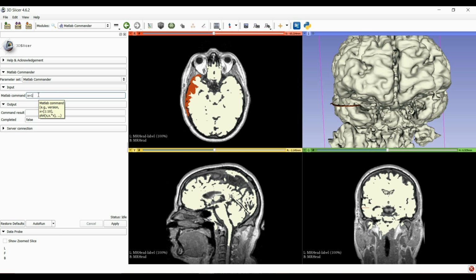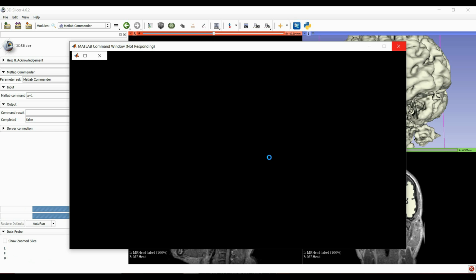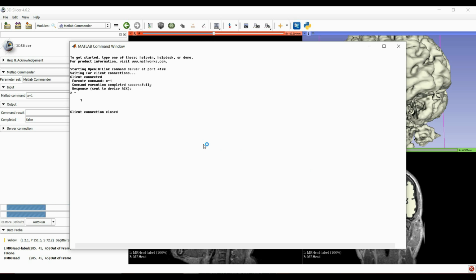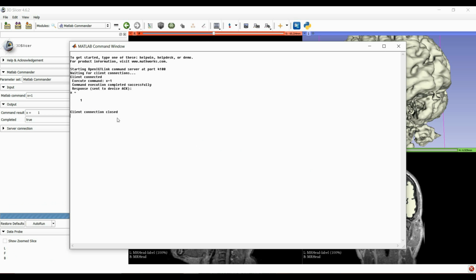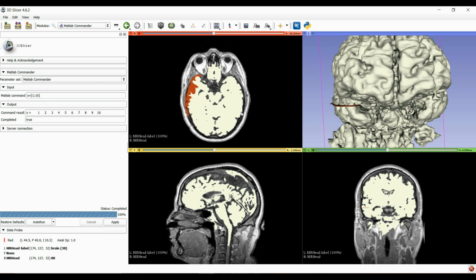Let's say x is equal to 1 and click on apply. This will open a MATLAB command window, and this will do the computation and return the values over here. So I can do some complex computation like